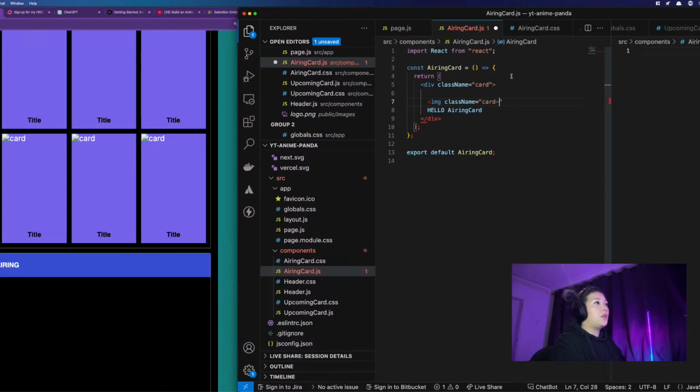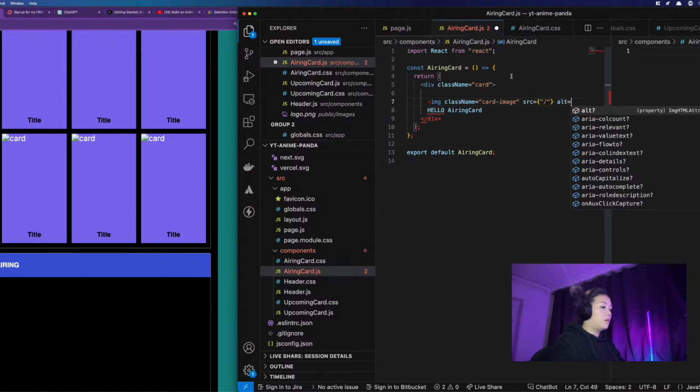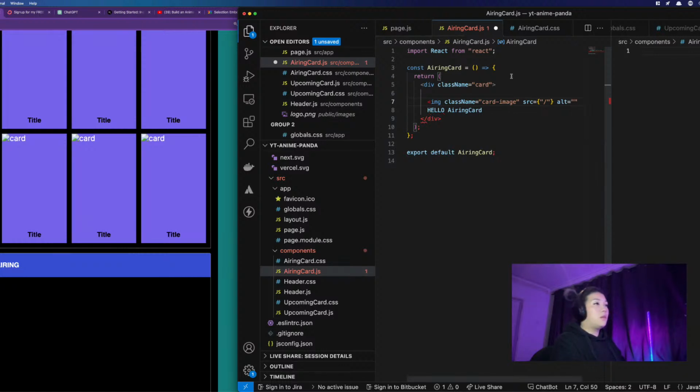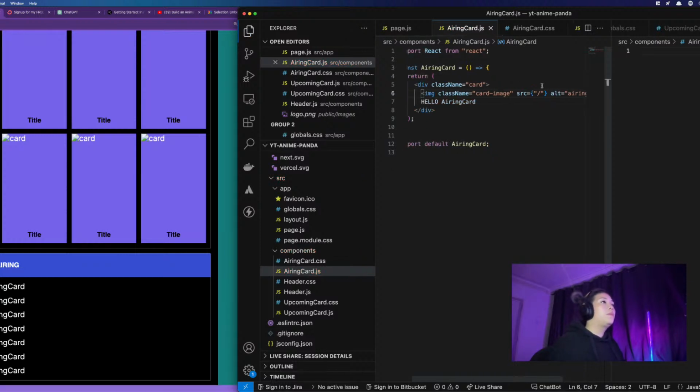You can give it a class name, card image, source, this for now, and alt is airing, like this,